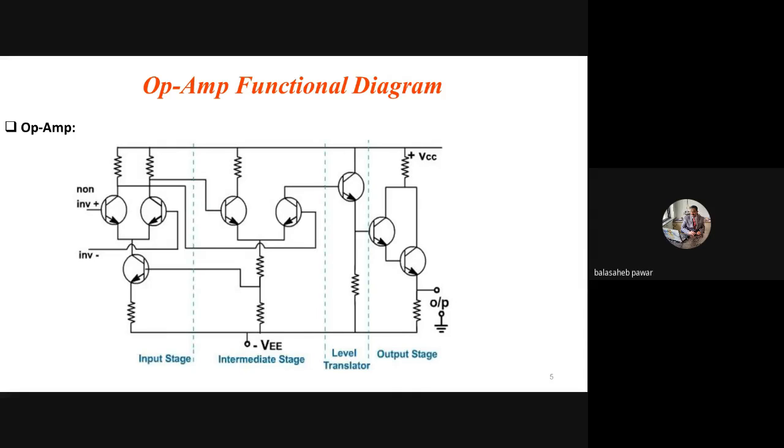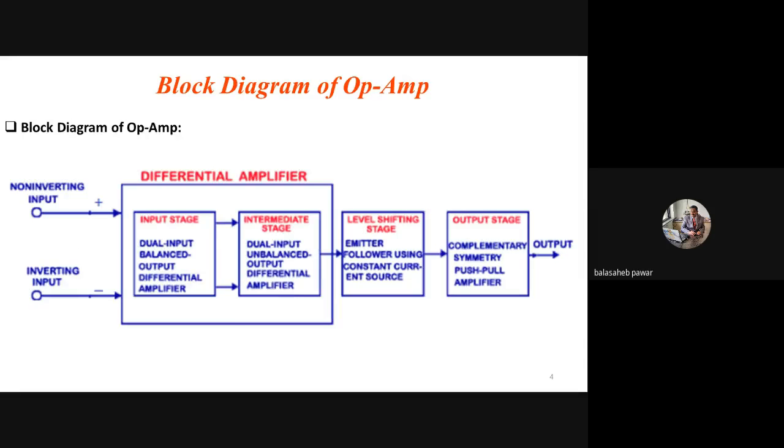And very high gain, because the open loop gain of this device is very high. I already gave the example of that 741. The gain is 2 lakh, 2 into 10 raised to 5. Okay. So is it clear about this sentence now? Very high gain, direct couple, multi-stage amplifier,